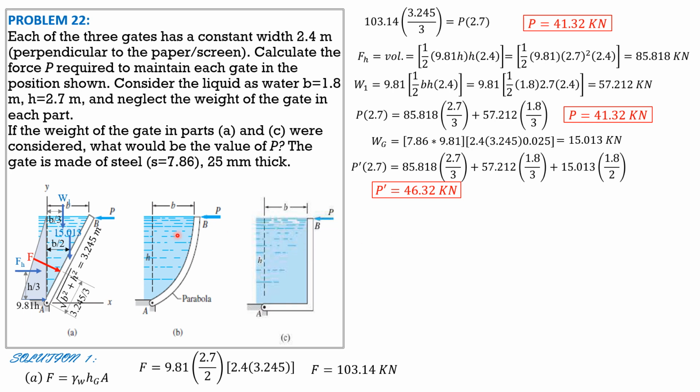So let's proceed to the next figure. We just solved for P here because the weight of the gate is not considered, but if it is considered, then it is to be located by the arc length formula and the centroid of the arc length. It should not be so challenging if you can remember the arc length formula and apply centroidal coordinates, or derive the centroidal coordinates of this parabolic arc by Varignon's theorem or by integral calculus, the first moment of mass